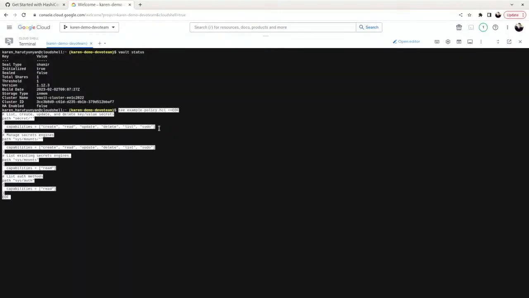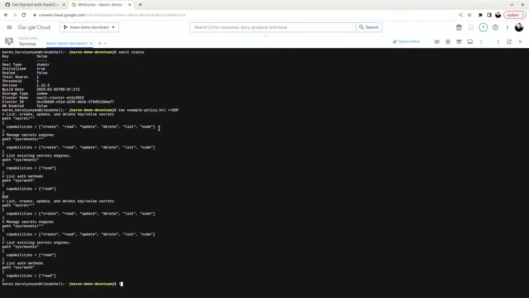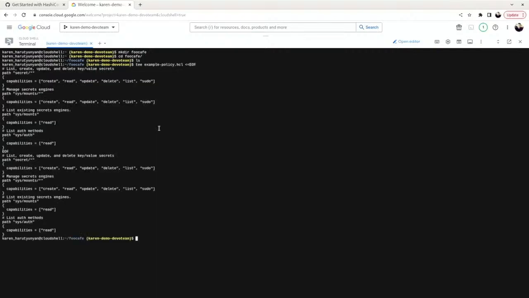Good. So, let's see if the file is created. Let's call it Foo Café, because usually you need to do some nice foldering, no? And then let's do the paste. So the example is there.